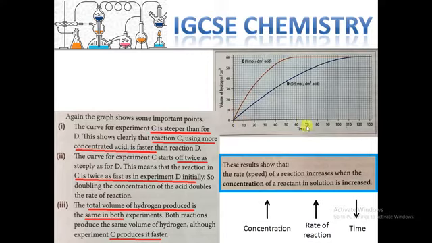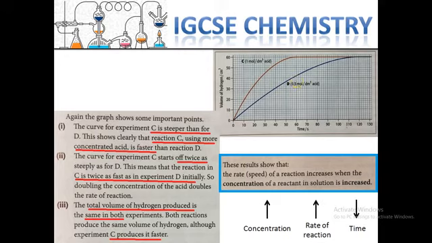While time is going on, the reaction releases hydrogen gas, increasing the volume. And we have sample C and sample D. As you can see, sample C has 1 mole per cubic decimeter of acid,